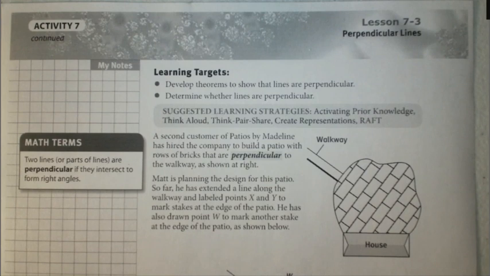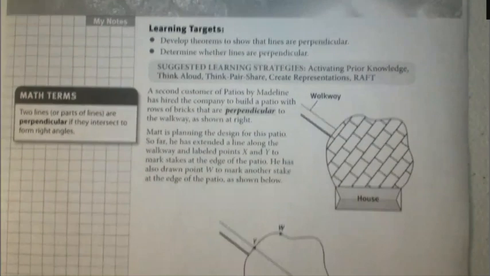Alright, today we will be covering Lesson 7-3, Perpendicular Lines. On the previous slide, you saw this paragraph that said, a second customer of Patios by Madeline has hired the company to build a patio with rows of bricks that are perpendicular to the walkway as shown at right. Two lines or parts of lines are perpendicular if they intersect to form right angles, which, recall, right angles